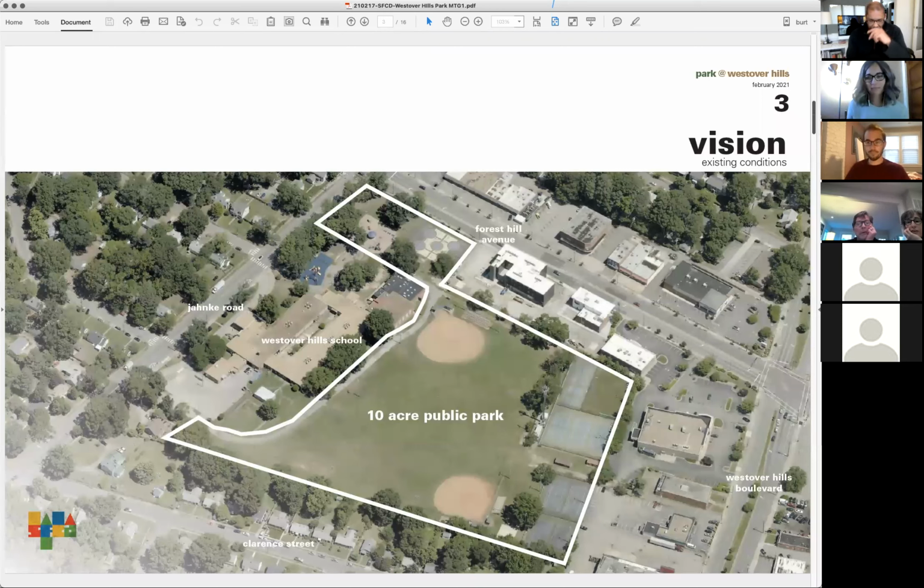So I want to lay out sort of what our goal is, certainly this evening, as Chris said, is to, one, sort of talk about some of the program elements that we've been given. I think, as Chris said, Parks and Rec has done a lot of outreach, and there's been a lot of input and feedback thus far. So they shared all of that with us to get started. And our goal, again, is to present sort of a first blush at some of that, and then to hear your comments and reactions and goals and visions and all the things you want to pack in there. And then we are charged with going back and coalescing that into something that is more refined to, as Chris said, they can start talking about